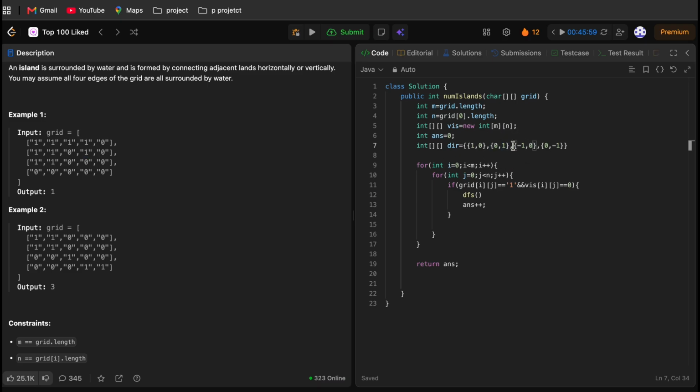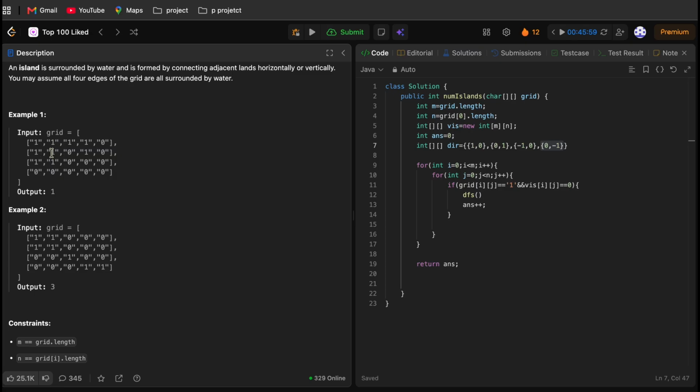So it is a right movement that is captured by this array 0 comma 1. And similarly for this minus 1 comma 0, if we are here and we do row minus 1 and keep our column as it is, we will move up, and as our column remains the same, it is just an up movement. So this is capturing an up. Similarly, this 0 comma minus 1, we are doing column minus 1, so we will move to the left. So these are all the 4 movements that are